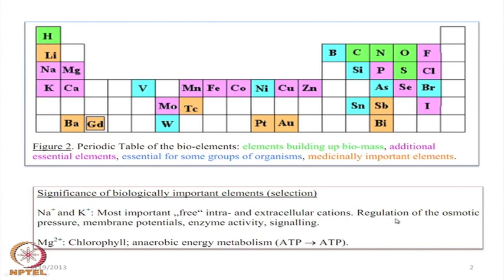They also regulate the osmotic pressure. They maintain the ionic potential or the membrane potential where they are separated by some membrane. They are also responsible for enzyme activity, like our ATPase activity, and sometimes for signaling. Similarly, the divalent